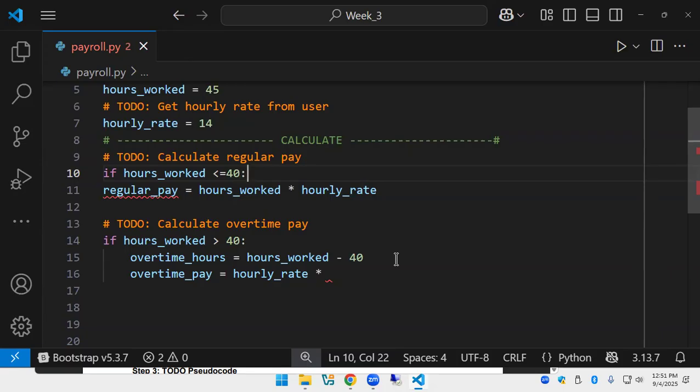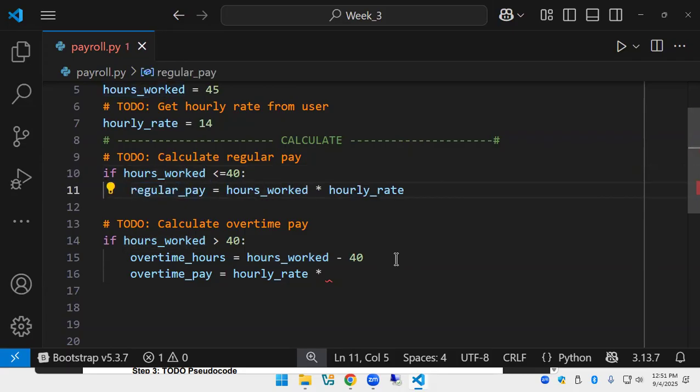That means I'm getting everything from 40 on down. Mhm. So anything from 0 to 40 I catch here, and then we do the regular pay first. Is that where we're heading? Yeah. Okay. And then, yep, everybody's happy there. But we only go here because we can have, if it's under 40,